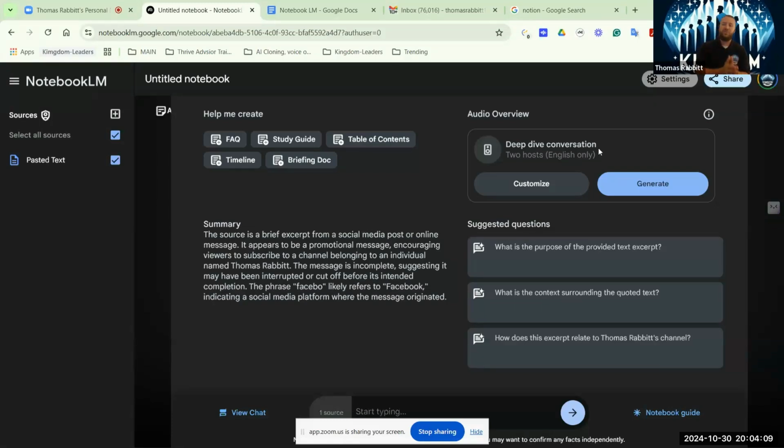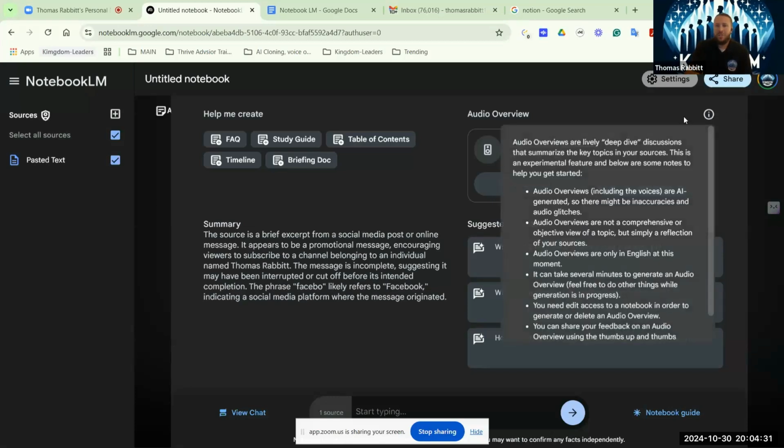Based off of the documents and information that you have in there, you can check it, and you can go back and change it a little bit. You can change the style of it, and now you can create 2-3 different types of podcasts if you want to do that. Or heck, you can create outlines for yourself. You have some suggested questions. You want to take advantage of those, and that's pretty much it.